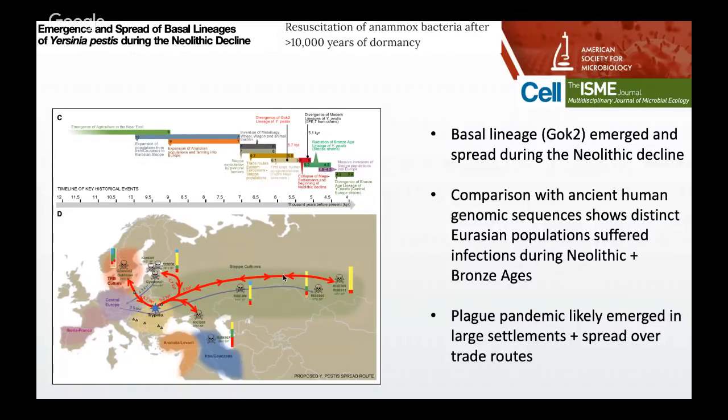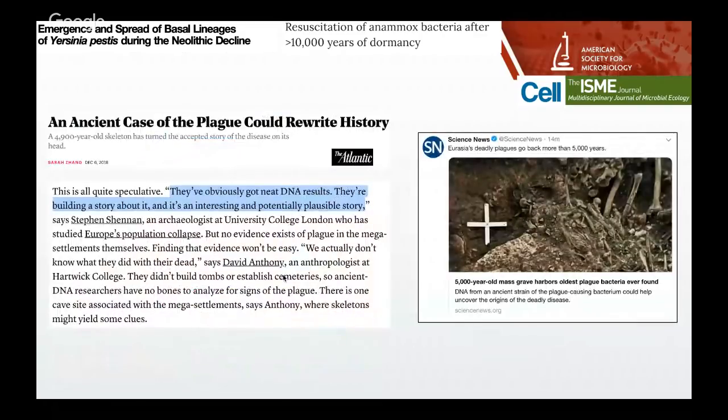And so this was written up because, of course, anything that rewrites human history could be quite interesting. And the speculative nature of the spread of the Yersinia pestis is discussed in this really nice piece in the Atlantic. Of all the pieces that I'm going to highlight today, I very strongly endorse this piece in the Atlantic by Sarah Zhang. I thought it was very well written, and she was able to get a quote from an archaeologist who says that they've got some really neat DNA results, and they're building a story about it, and it's an interesting and potentially plausible story, demonstrating a little bit of skepticism or at least requirement for